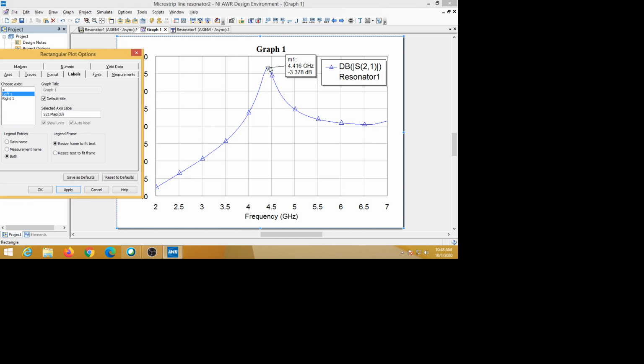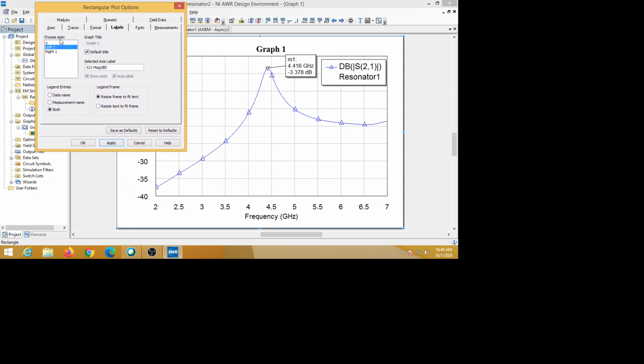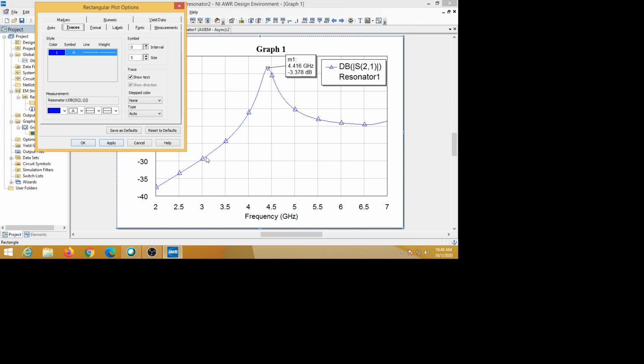This trace also we can change the color of, we can remove these bullets, or we can add a different type of bullets here, all those things we can do. To do that, we should go to traces. This, the float, is called a trace. Now the color is blue. If you want to change that color, just choose whatever color you want, then apply, so that color comes here. Like that we can change the color.